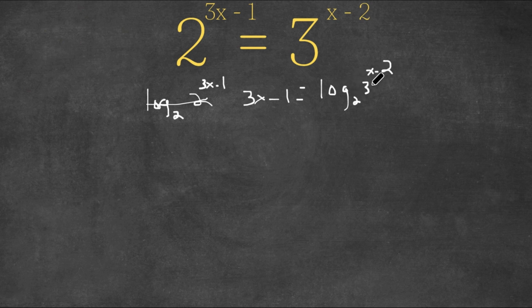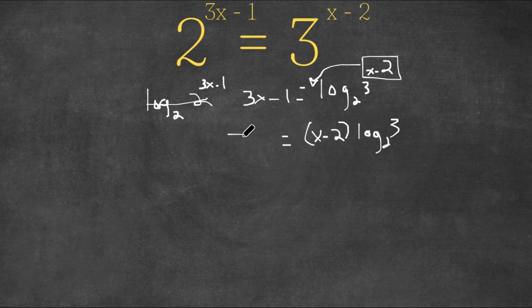All right, so now we're going to use an important property of logarithms, and that is the power property. And that states that if we have a power here, we could go ahead and move this in front of the logarithm. So this would be x minus 2 times log subscript 2 of 3. And I'm going to put parentheses over here. So this is an important property of logarithms, and this still equals 3x